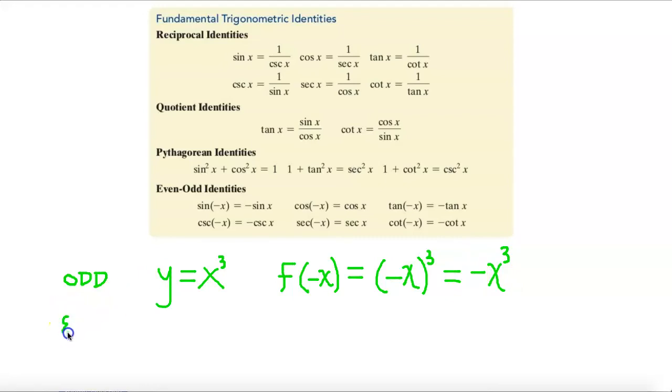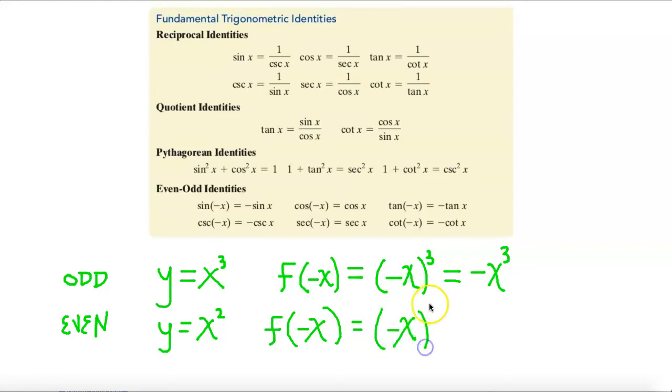Now compare that to an even function. A very familiar even function that we know is y is equal to x squared. Also, the absolute value function is an even function. Here we have an even exponent. Well, if you're looking at this one, f of negative x, the negative goes inside the function. And what happens when you square a negative? You end up with no negative anymore. The negative dies. Okay, so that's some properties of odd and even